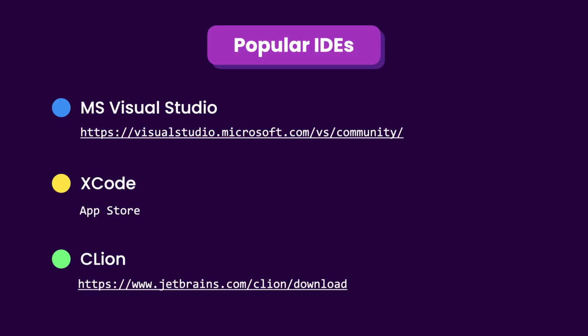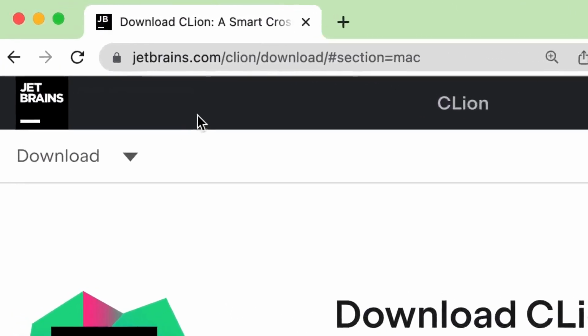Again, there are so many different IDEs available for creating C++ programs. In this course, I'm going to use CLion, but you don't have to use it to follow along. You can use any tool you prefer because our focus here is not on tooling. It's on the C++ language itself. Now, if you're an absolute beginner and you have never coded before, I recommend you to download the free version of CLion so you can easily follow along, and then later you can either get a license or use one of the free alternatives. So head over to